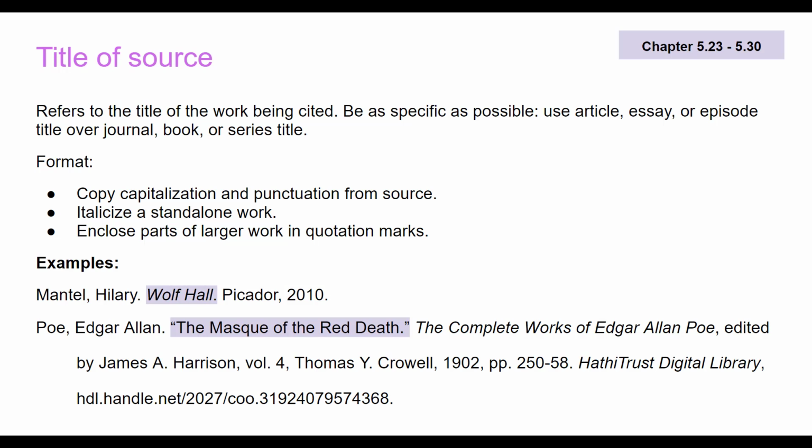For the format, you're going to copy any capitalization and punctuation from the source. If it is a standalone work, like a novel, or you're citing an entire book, essay, entire website, or entire poem or something like that, you're actually going to italicize the work. If that work is part of a larger work, so it is a short story, a poem in a collection of poems, an article in a journal or an article in a newspaper, you're going to put quotation marks around that